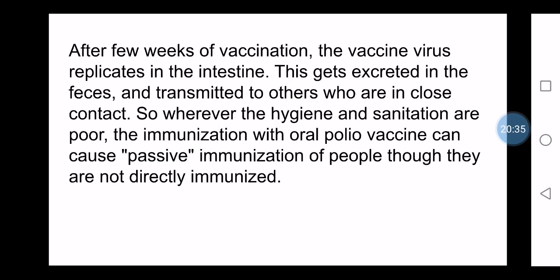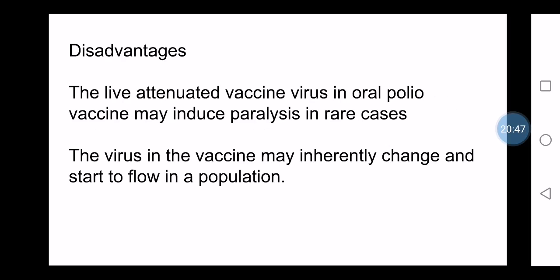So of course, other people also will get immunized passively through that. So we can even call it a very good method. OPV can even provide passive immunization to other people also, those who are in close contact. But still there are some disadvantages. The first disadvantage is that the live attenuated vaccine virus in oral polio vaccine may induce paralysis in very